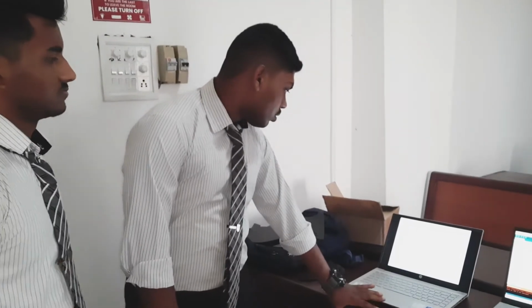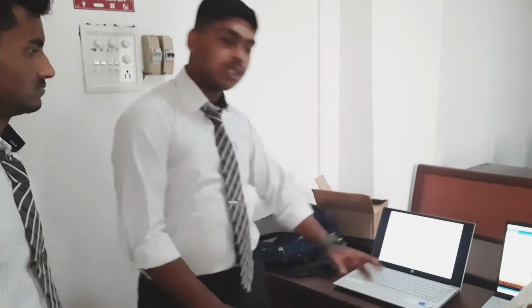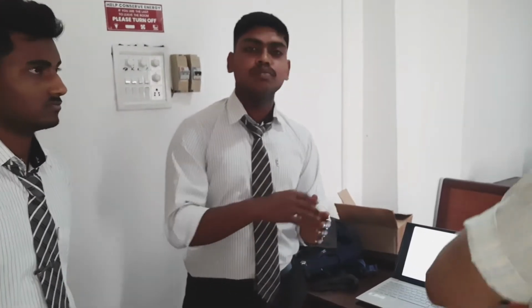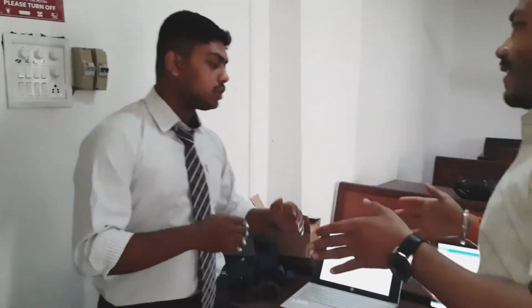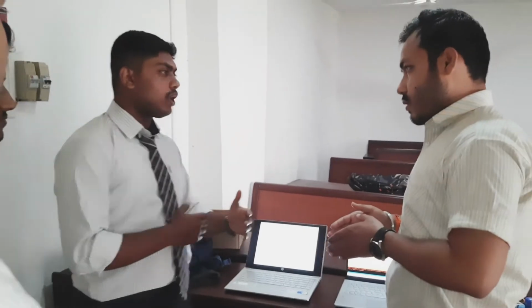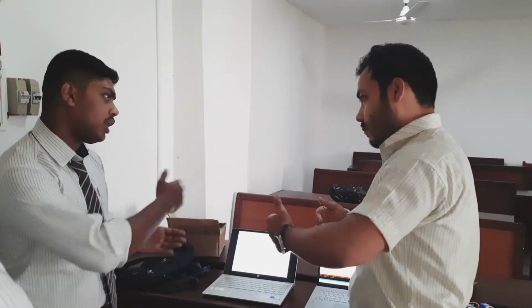Then step 11: if the obstacle is nearer than 30 centimeters, it turns to the left direction and checks whether any obstacle is within 30 centimeters, then it moves to the right direction. If the left distance is smaller than the right distance, it moves to the left direction. Why do we use 30 centimeters? Because in the ultrasonic sensor, 30 centimeters is needed for the vehicle to move left or right.